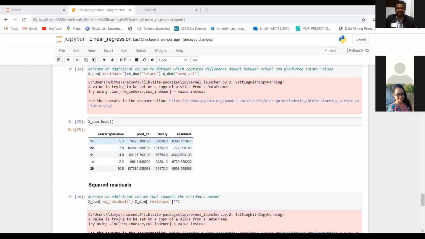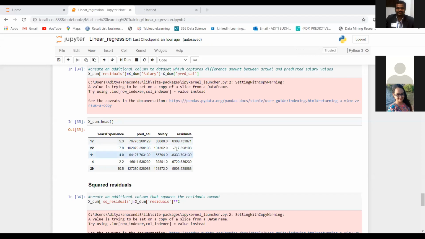Now we want to find the total error. So what should we be doing? We should be adding all these values to get the total error for all of these records. But since we have both negative and positive values in our residuals, they might nullify each other, correct? So the actual error that we have might not be true. You are seeing over here that we have got 8333 as the error, minus 8333, and here we have got 6309.